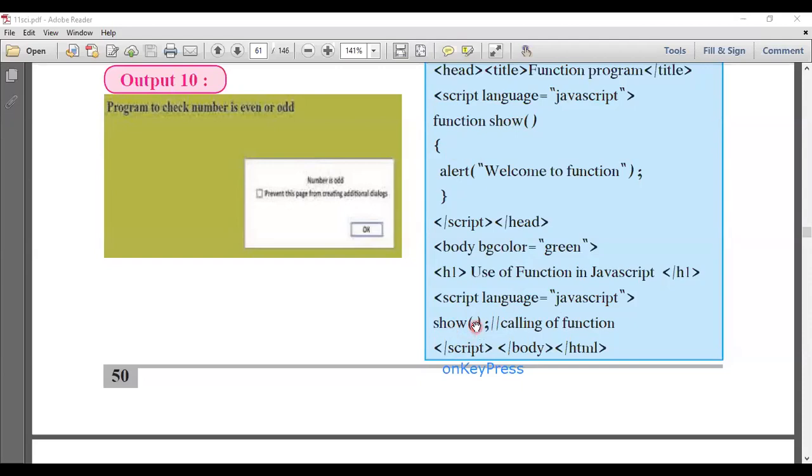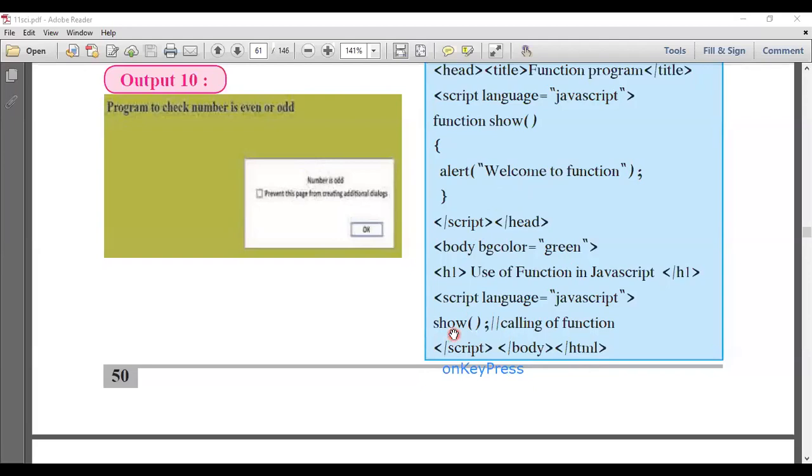When you write the name of the function, control jumps from here to the first statement of the block. If only one statement is given inside the block, then this statement will execute and control goes to /script. So first this part is executed, and after executing it, the control jumps to the next statement after the function call. So a function is called just by giving its name.